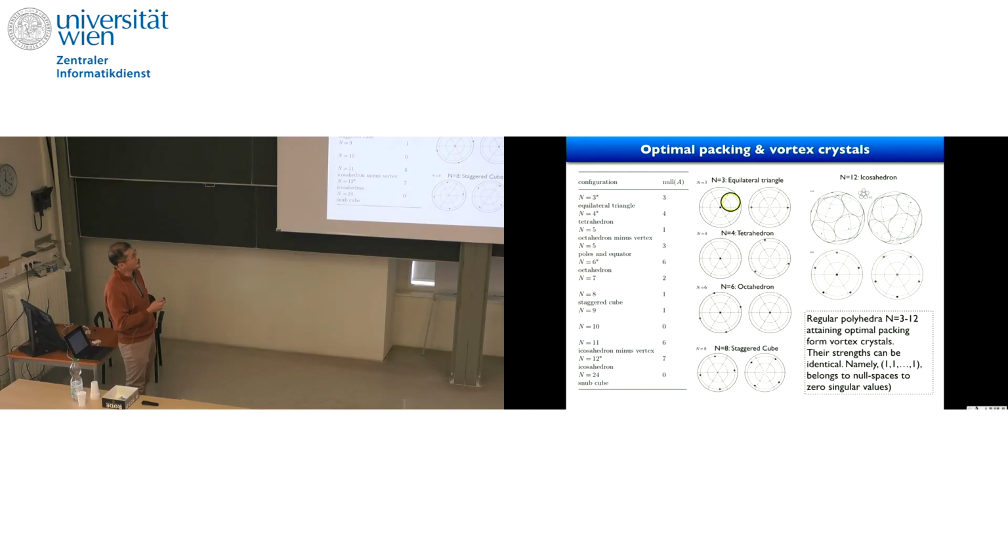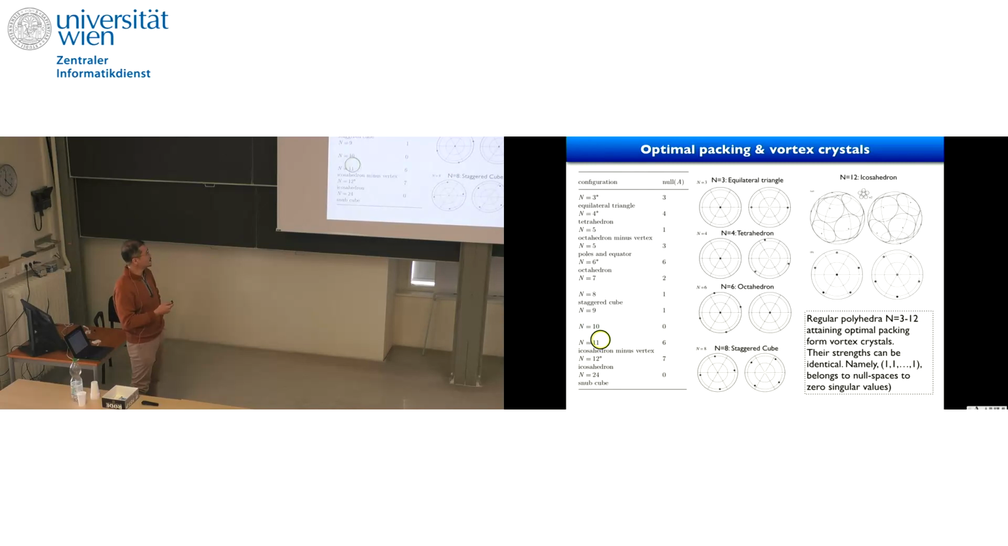So this is an equilateral triangle. It gives rise to the Vortex crystals. So n equals 4, which is the tetrahedron configuration, also gives a Vortex crystal in the optimal packing state. And then for 5, there are two optimal packing states, which are the tetrahedron and the octahedron minus a vertex. Those are also Vortex crystals. So from 6, 7, 8, up to 9, all optimal packing states give rise to Vortex crystals,